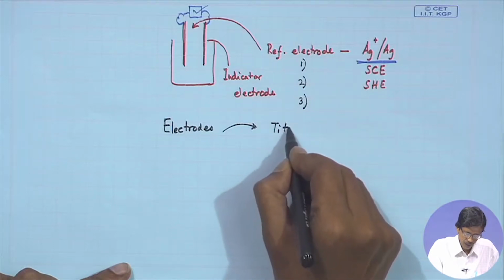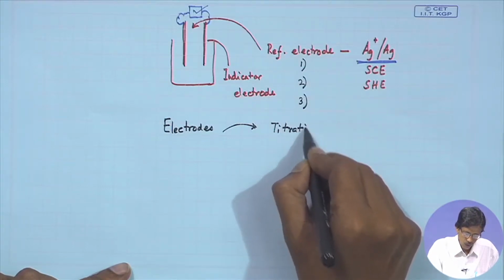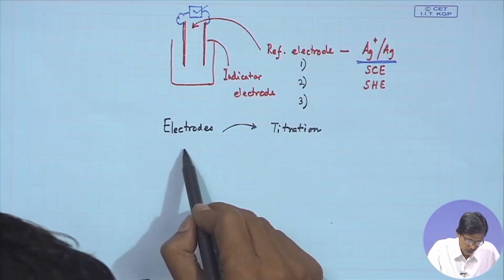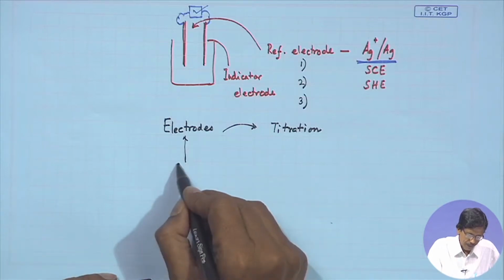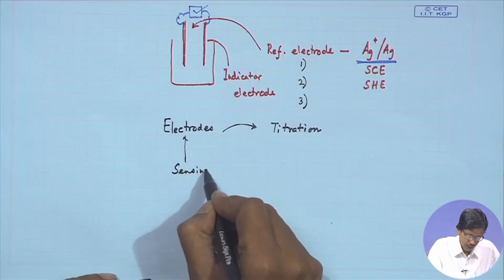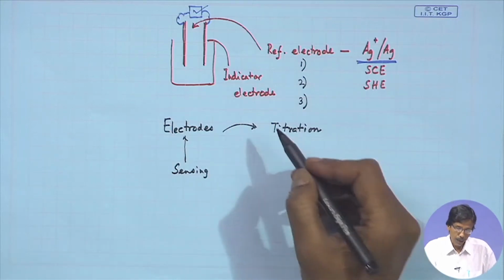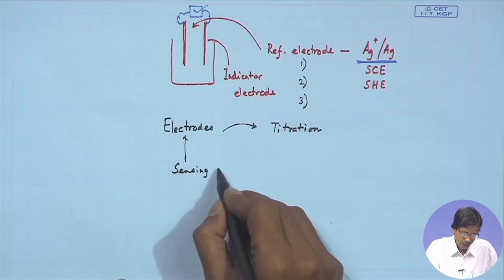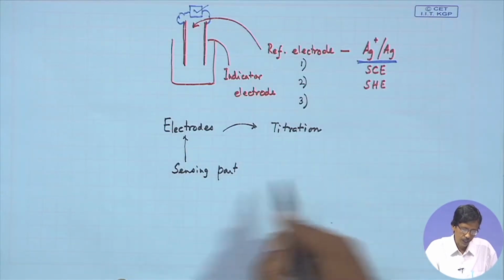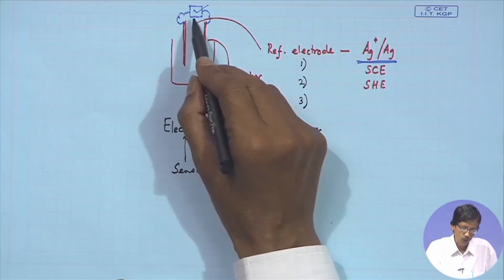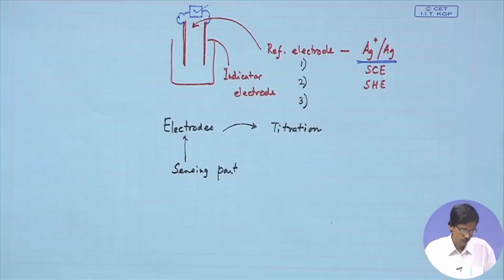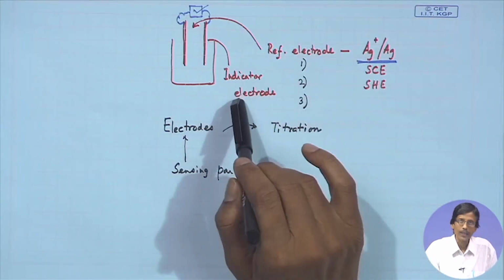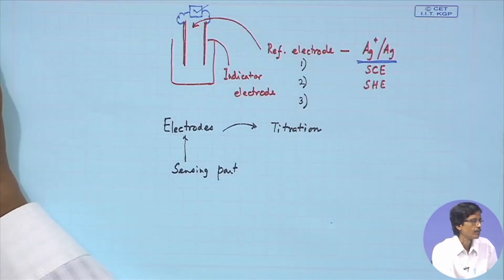So, that is our problem or our goal, to know how we can use these electrodes, because the electrodes are the sensing part. When we see the color, we know that you have to see the color at least for your neutralization reaction or the analysis. So, this is the sensing part, the electrodes which can record the corresponding potential and you get the corresponding titration. One after another we are seeing how we can design the reference electrodes and how we can design the corresponding indicator electrodes.